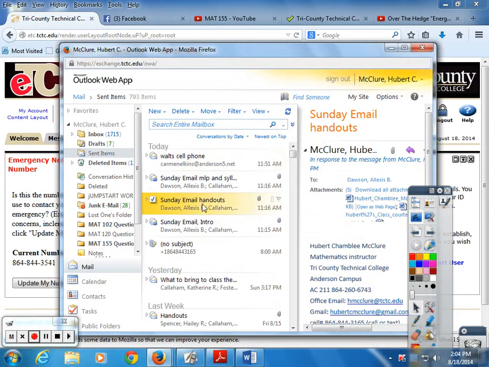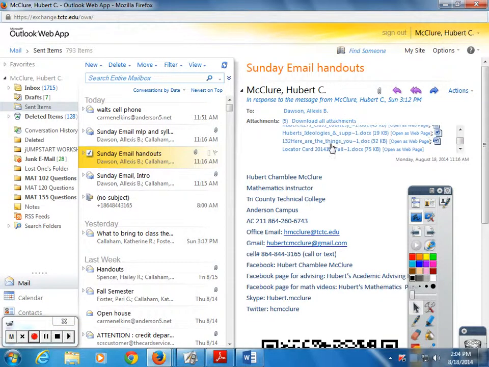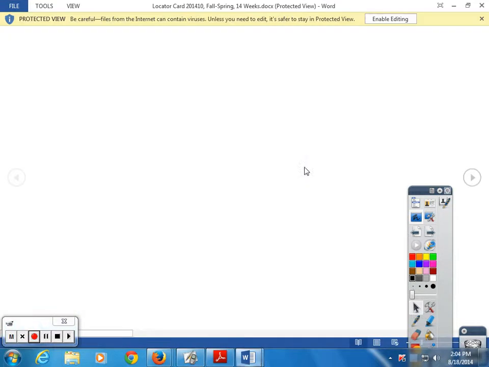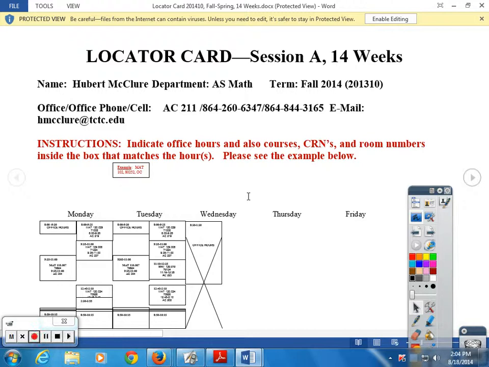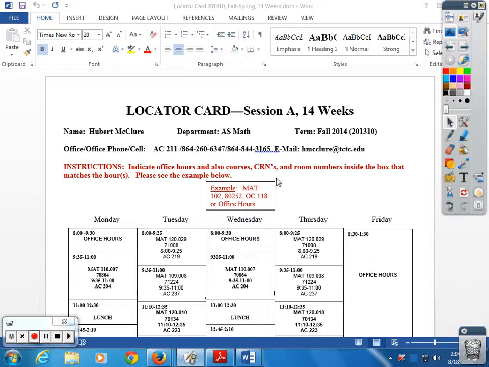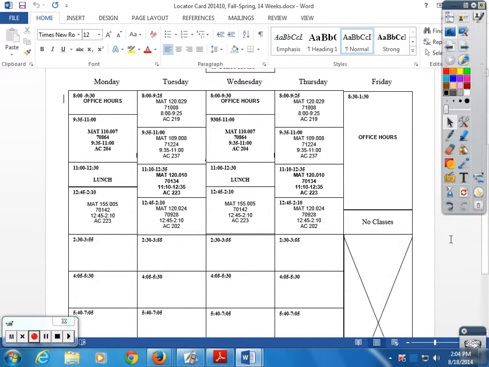Email handouts. There it is. I went ahead and sent y'all a locator card in case y'all didn't understand my schedule. And there it is. I don't know why it's pulling up like this. Let me try this. There, that's better. And there it is. If you'll notice, my office hours are mostly on Friday because on Tuesday and Thursday, I'm